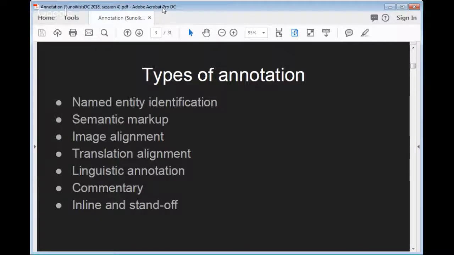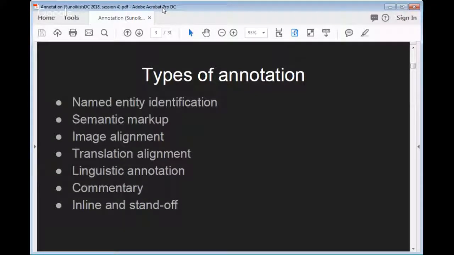And this, we talked about this a little bit, I think, when we talked about markup last week. And the two link together. It's the same concept. So the kinds of examples we showed when we were marking up text last week is inline annotation, right, where you have a piece of text and you insert into the text a tag around a word to say that this word is a place name.